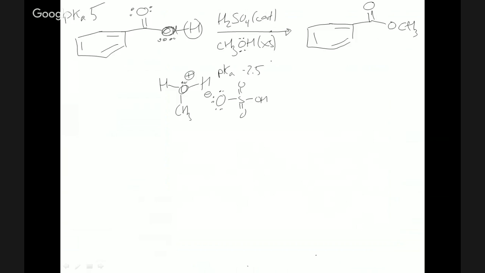Sulfuric acid is negative 7, so this is rapid. Now you have a strong acid with a pKa of negative 2.5, and so this carbonyl is going to pick up this proton. It's going to protonate a carboxylic acid, which is different than what we've been learning. We've shown acids giving up their proton. Now the carboxylic acid carbonyl is acting as a base. This is happening here to protonate